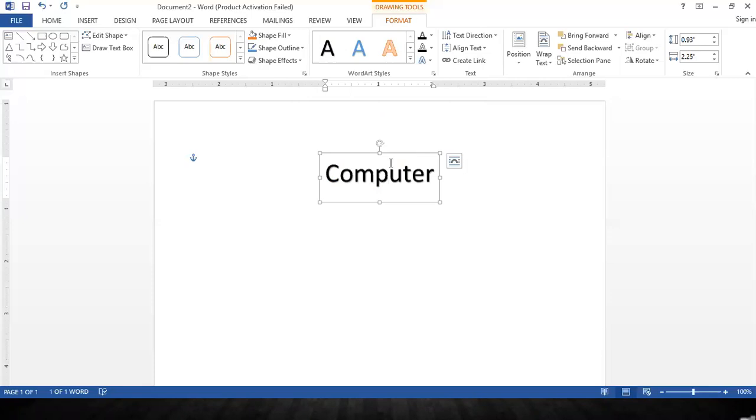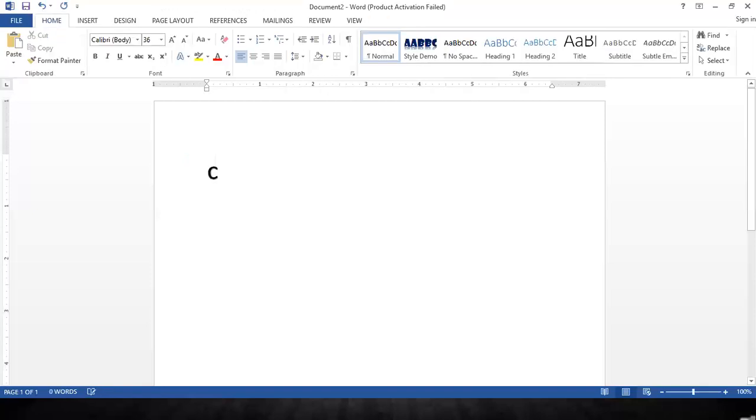In the next class, we will learn some more tools through which you can do more formatting in Word or objects. And one more thing, WordArt here is an object of the MS Word application. WordArt is an object because we have inserted it from outside of the page. For the text which we write in the page directly, for example, let me remove this WordArt from here. Now if I type something here, for example, I'm writing this computer here, this is a simple text. This is not an object.